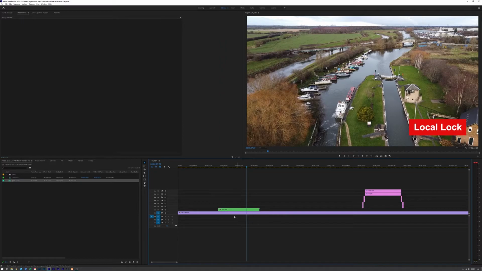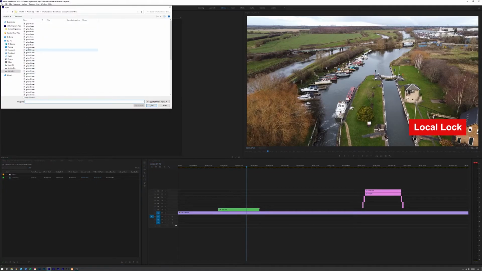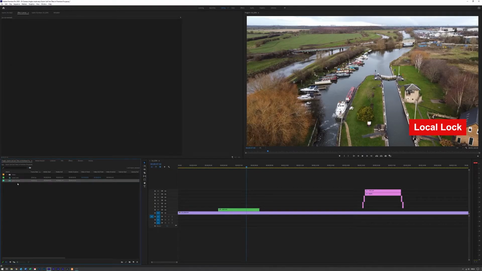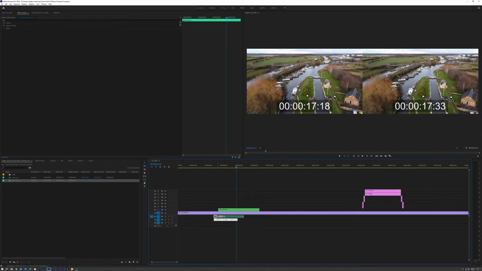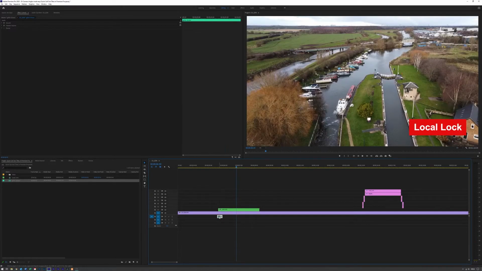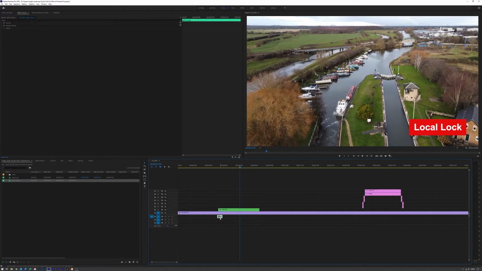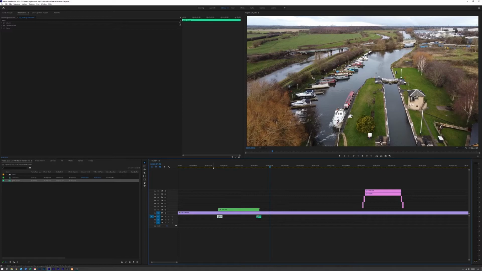Oh no, that's way too long. Let's get rid of that. Let's try another. I think we might go with that. Maybe that one. Is that one better? So if we just shorten that out, we don't need all of it, do we? And then we just pull that into the end of this side and just overlay it a little bit. You get like a